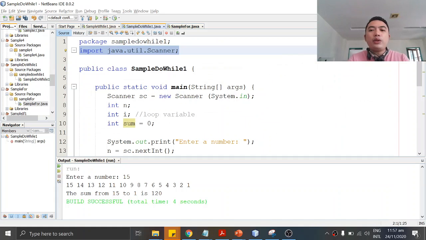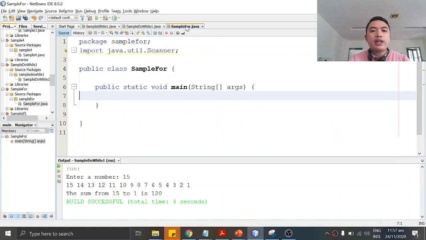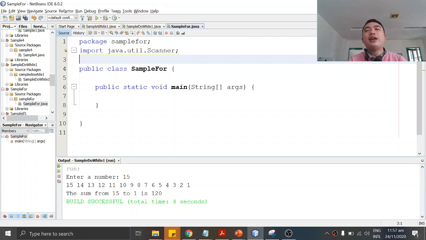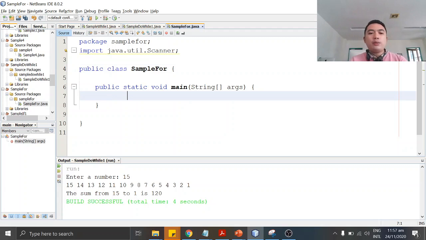Okay, so I will do this in NetBeans. I already created a NetBeans project here and imported Scanner. You can use JOptionPane if you want to. So we will be instantiating a Scanner object here.